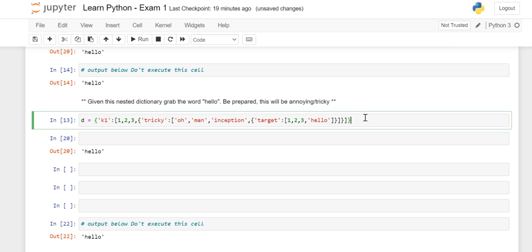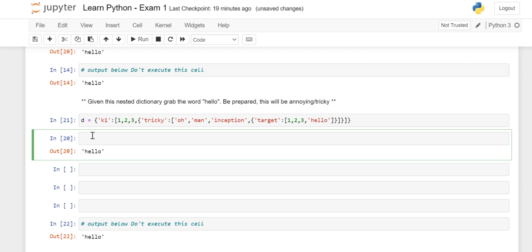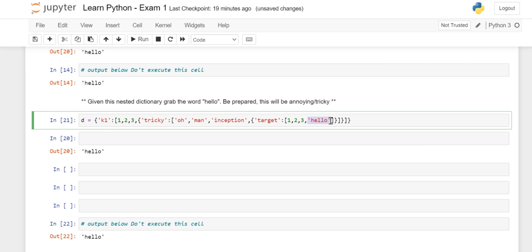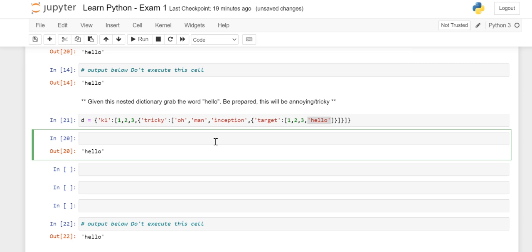First of all, what we will do, we will declare it. So what is this? It's a dictionary. Yes. Okay. Now, again, our objective is to get this word hello. All right. So, we'll start. The method to access a dictionary is also the same, right? You need to use square brackets.